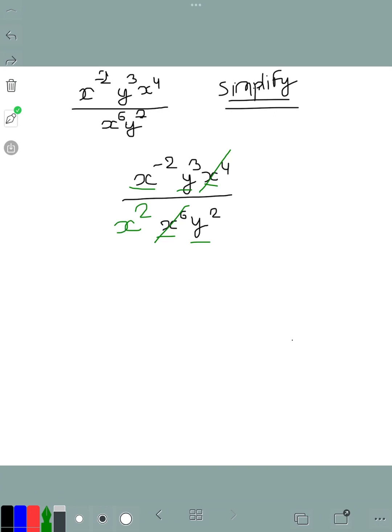सो विल जस्ट कट ऑफ द x, के ऊपर नीचे 6 है, ऊपर 4 है, सो ऑब्वियसली 4 से 6 गया तो 2 बचा, और y का 2 इधर से गया तो ऊपर y की पावर 1 बची. सो व्हाट वी गेट, हमारे पास बचता क्या है, x की पावर -2 इंटू y अपॉन x की पावर 2, राइट. सो दिस इज आवर आंसर, दिस इज इट, right. So we see one thing more, we cannot cut it off because the +2 and -2 cannot be cut off, right. अगर ये ऊपर 2 होता then we can cut it, but हमारे पास -2 है and +2 है, so it will not cut off.